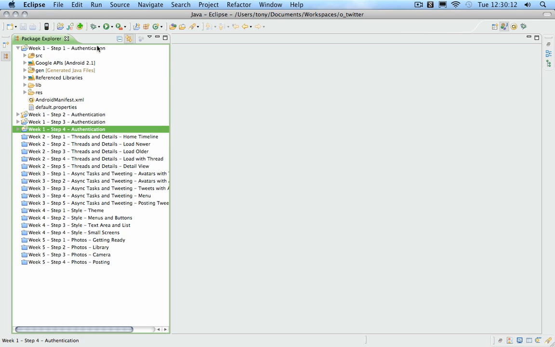So I have here the code for step 1 in authentication. Basically, this is just created from scratch with one simple activity and a little bit of a view created. So there's not a lot in this project so far in week 1. This will look like your application if you just generated this from scratch, or any other Android application. You'll see that I'm using the 2.1 SDK,